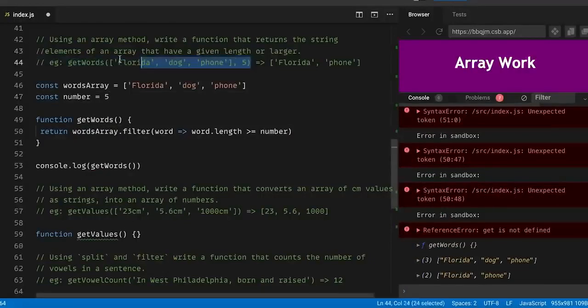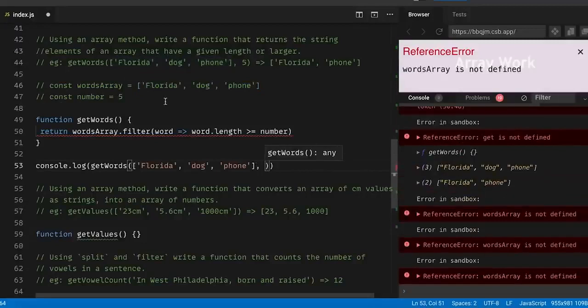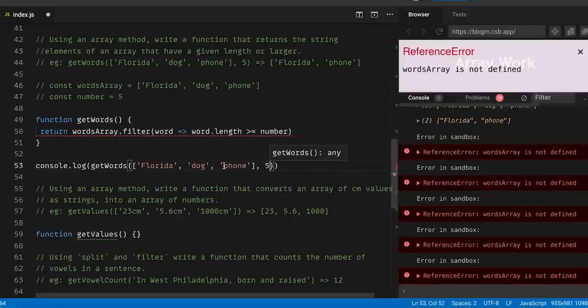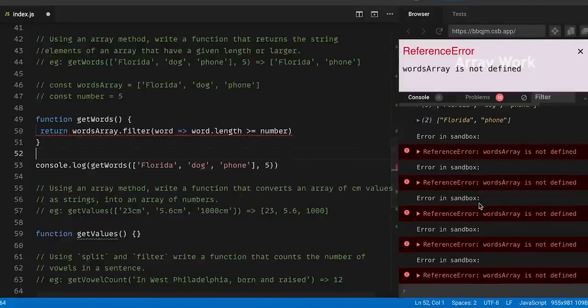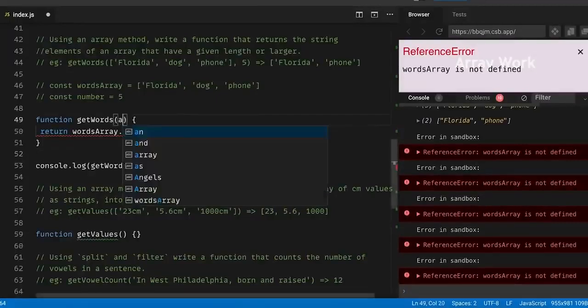Now the reason it's written like this is that we are essentially writing this function to take parameters or arguments. So for example, if I was to console log out this and now use get words and pass through this array and the number 5, and then have an array here